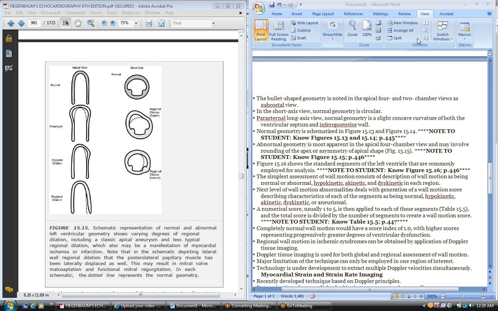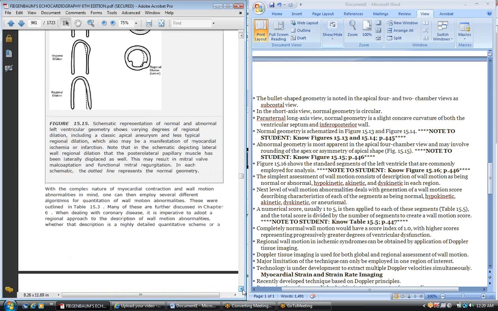We're talking about coronary artery disease, specifically chapter 15 in your Feigenbaum book. Where we left off before was at figure 15-15, dealing with abnormal geometry in the four-chamber view or the short axis view. So if we go down to figure 15-16 to continue forward,